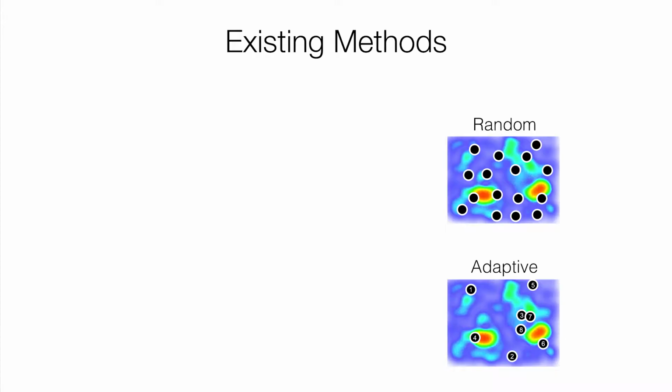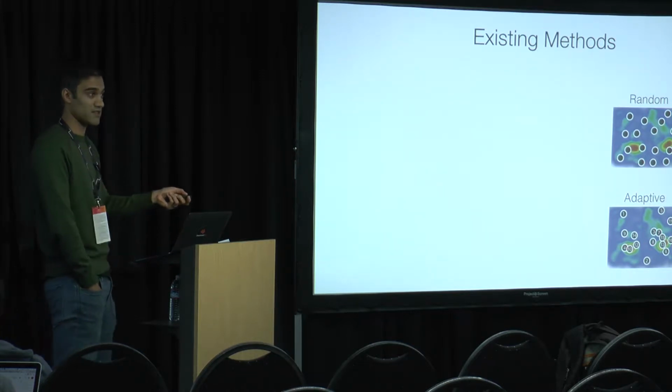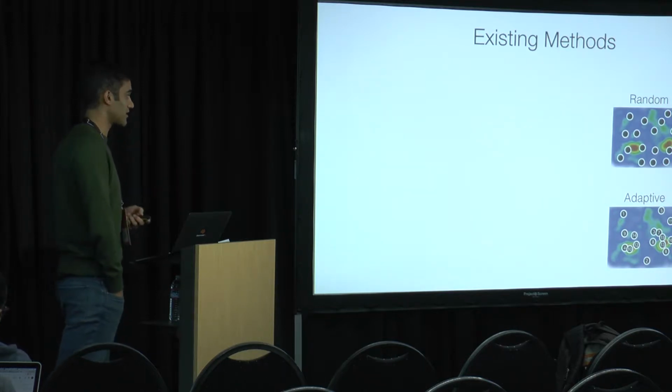Great. More recently, people have thought about more adaptive methods for hyperparameter optimization. These are also called Bayesian optimization methods. And the idea here is that you first start by doing some random search. You coarsely search through the space. But once you've done that, instead of continuing to randomly pick new points, you use what you've seen in the past to guide your future search. So if things are going well, you sequentially keep picking new points. And in this example, which is a positive example, the subsequent points are all clustered around these two hotspots because intuitively you're able to learn from what you've seen before and get a sense of where you want to look next.